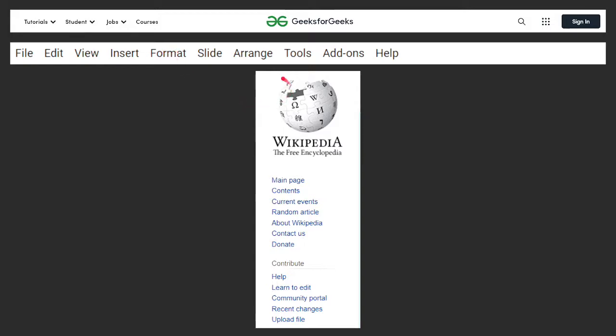We also have one example of a horizontal navbar, which is simply a list of links used to move to different parts of the page, like one takes us to the main page, one to the content section, one to the current events. So your task is to design and create a simple navbar, and the rest of the details of how to submit it and how to earn certificates will be conveyed to you later.